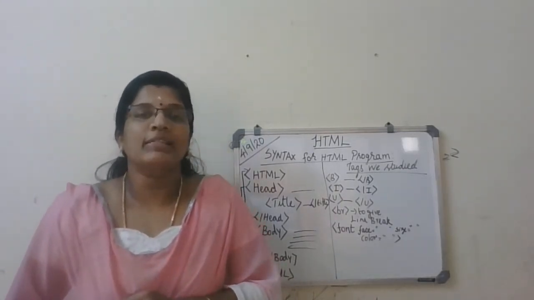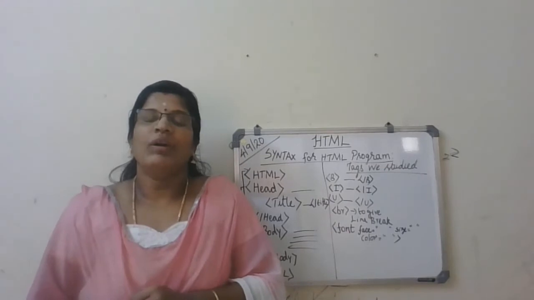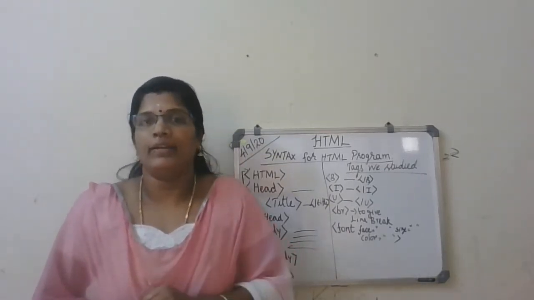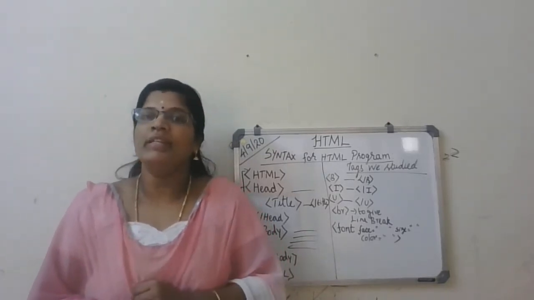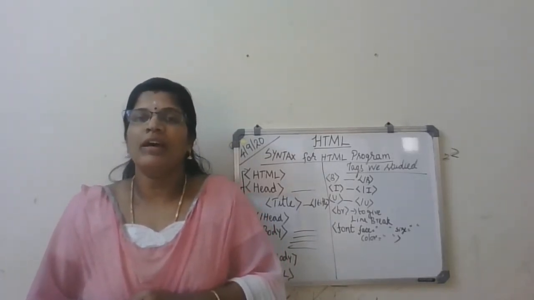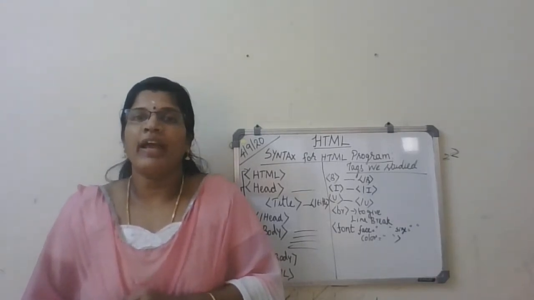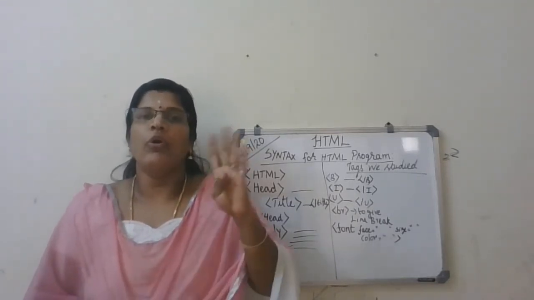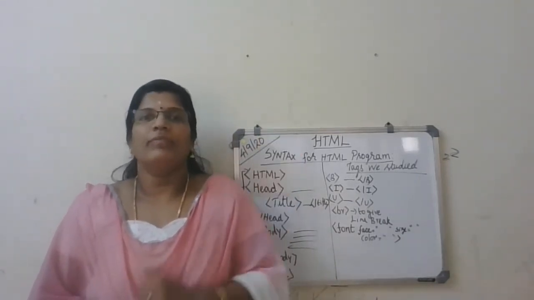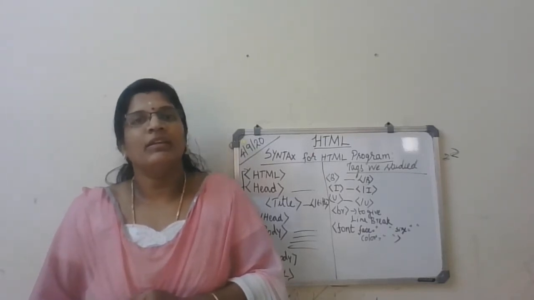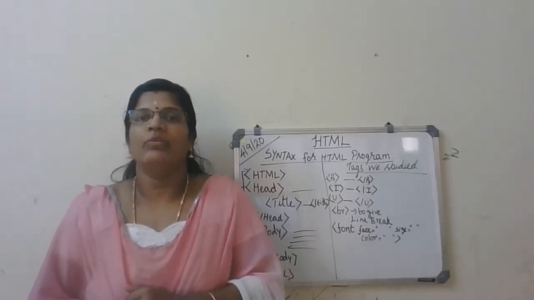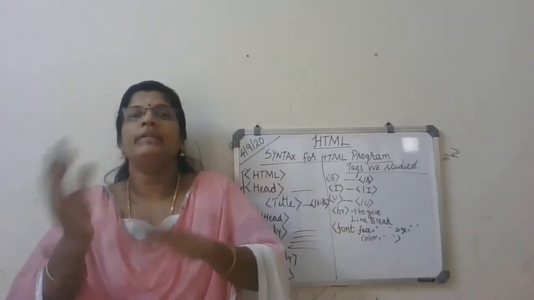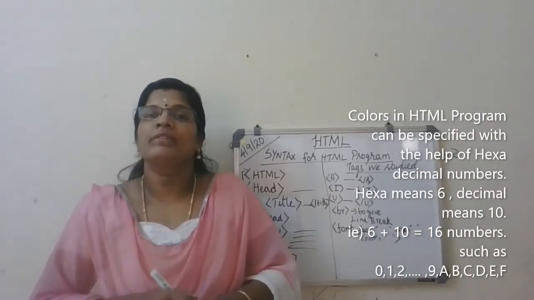Do you know what a hexadecimal number is? What is meant by decimal? Decimal means 10. Then what does hexa mean? What is meant by triangle? How many sides does it have? 3 sides. Quadrilateral, 4. Pentagon, 5. Then what is next? Yes, that's good. Hexagon. So hexa means how much? It is 6. So hexadecimal, 10 plus 6, 16.